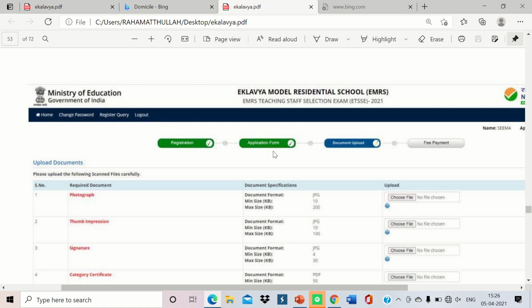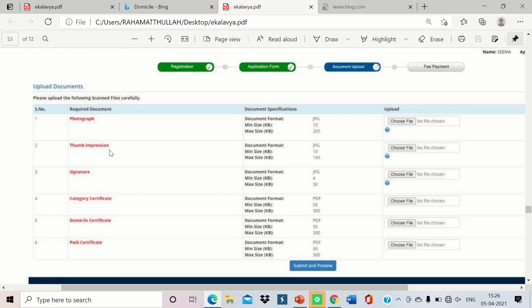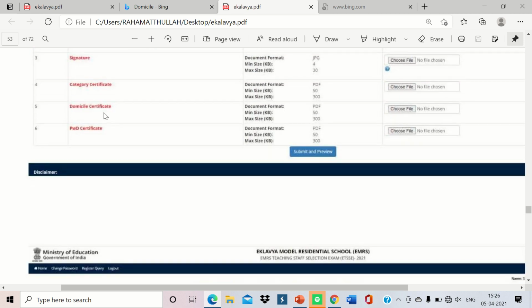What are the documents required to upload here? First your photograph, second your thumbnail, which is taken as a screenshot, then your signature, and a category certificate, caste certificate is required. A domicile certificate, meaning a residential certificate, is required, which is given by the MRO. And the PWD certificate, meaning the physically disabled certificate, you have to upload here.